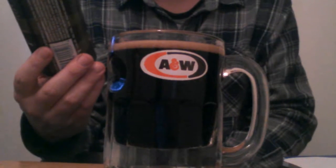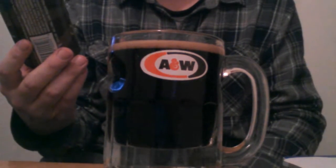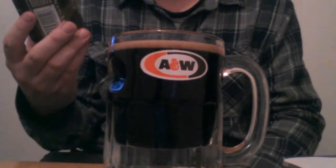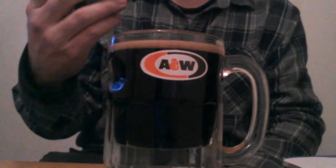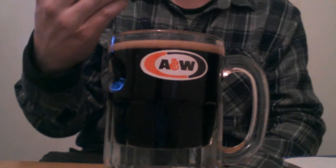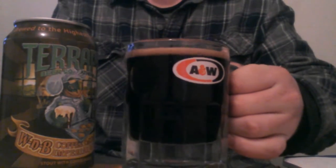There's a lot of names out there on the shelf that give off false readings, and this is not one of those beers. I'm very impressed by this particular beer. 5 out of 5, 10 out of 10, 2 thumbs up, whatever you want to call it. I'm going to enjoy the